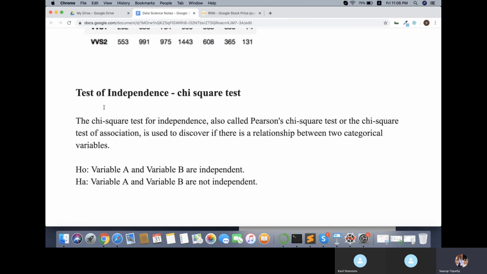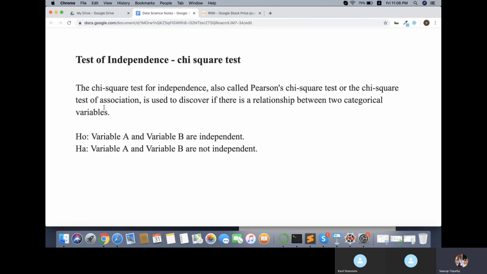Now there is a test here. We will be doing a hypothesis test on this categorical data. A hypothesis test is to check a claim, to find out the significance of something over the other. Suppose you have two categorical variables and you want to see if they have any significance with one another. You can do a test called the chi-square test. This test is also called the test of independence.